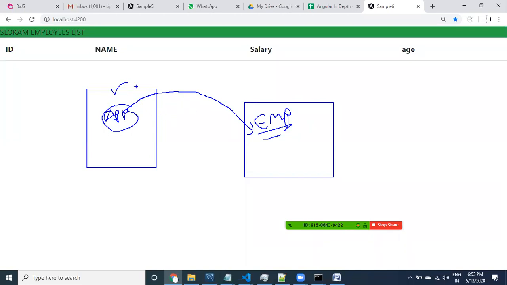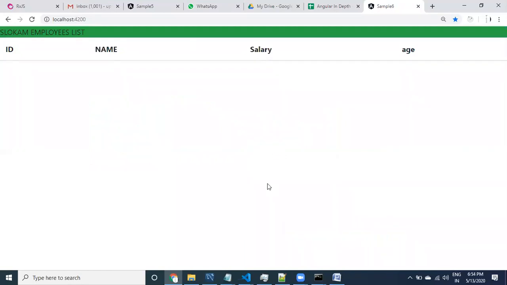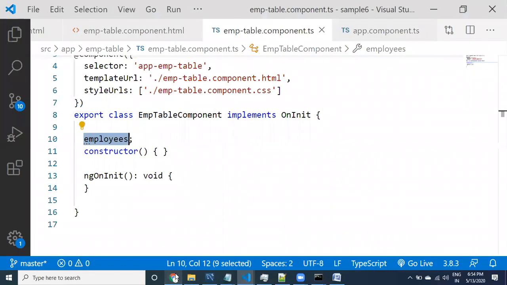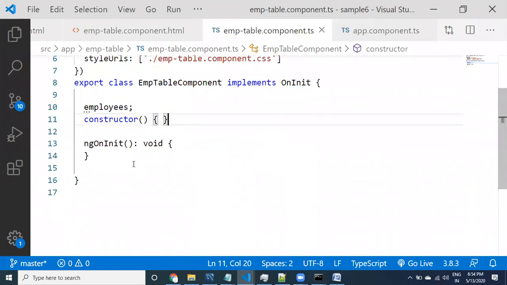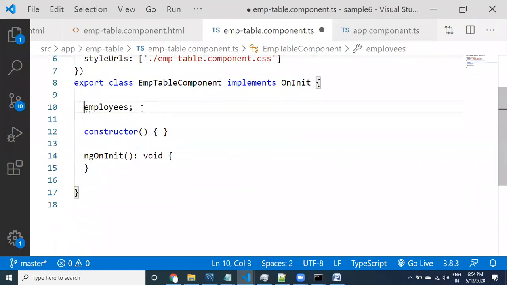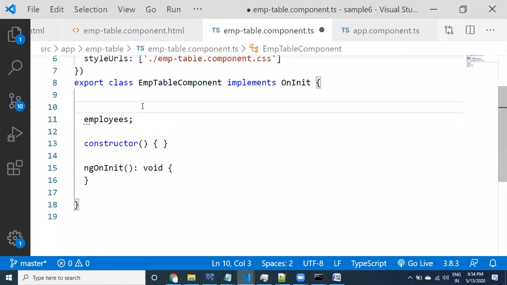From here I would like to pass the data. Calling the employee component is simply providing the selector. Along with the calling, we need to pass the data to this employee component. This is going to be something like input for the employee component. Let us look at it guys. If you go to the employee table, this employees property, I'm going to make this property